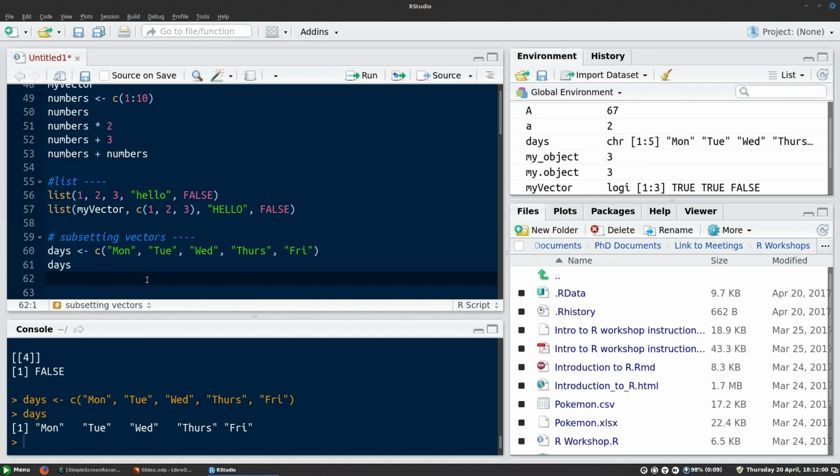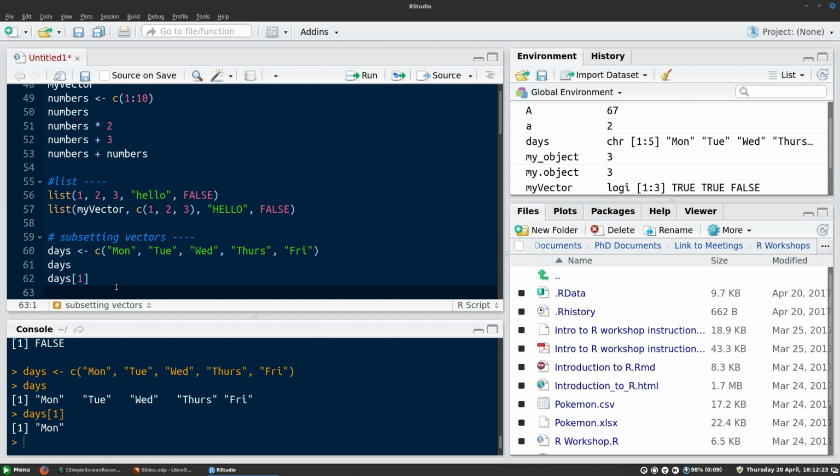So we want a way of being able to extract that single element from our vector of elements. The way that you do that in R is you give the object, and you open square brackets, and then you give the index of the element that you want to extract. So Monday is the first element, so we put days, square brackets 1, and hit Control and Enter, and it returns Monday. So if we wanted to return Thursday,